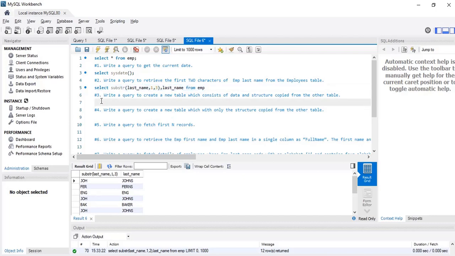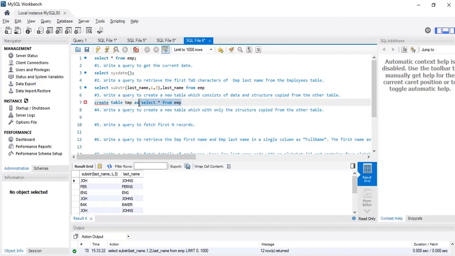Now the third query is write a query to create a new table which consists of data and structure copied from the other table. Basically, create another table which has the same data as of EMP table and it has the same structure. So what I'm going to do is I'm going to write create table and give a very random name TMP as select star from EMP.